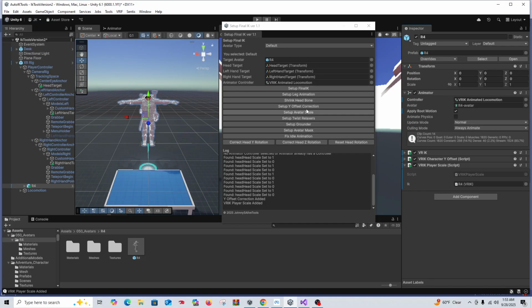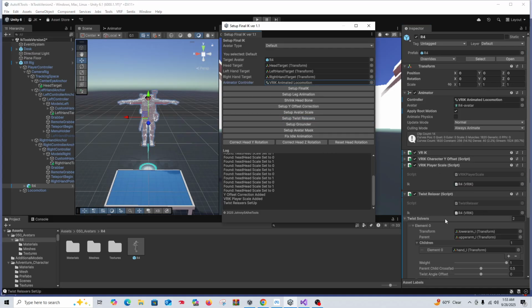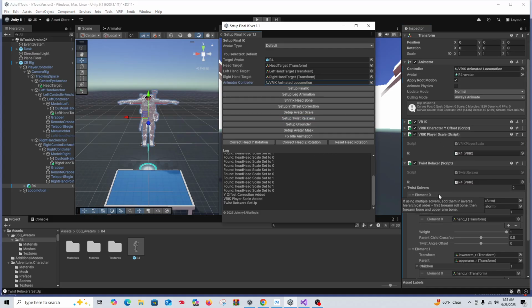Moving on, twist relaxers. I've changed this. This is what I wanted to go over with the Synty SideKicks. Before, I was just getting the upper arm transform or the lower arm transform, and I was just getting the parent, and I was just leaving this blank and letting it go through because I really wasn't thinking about something. So if you look at your sidekick, it's one of the thankful things I am for this, but if you go to your root and you go